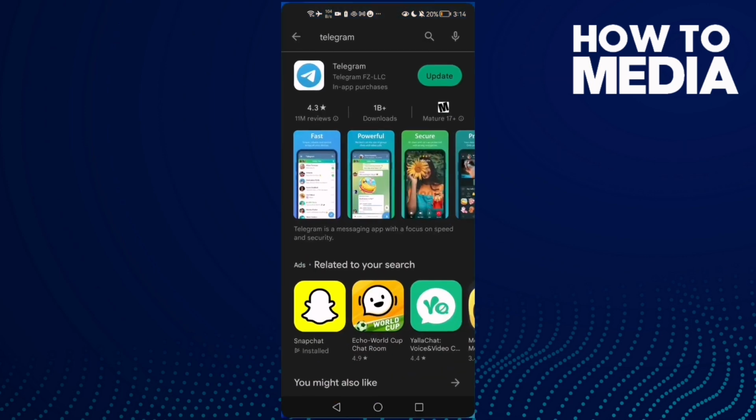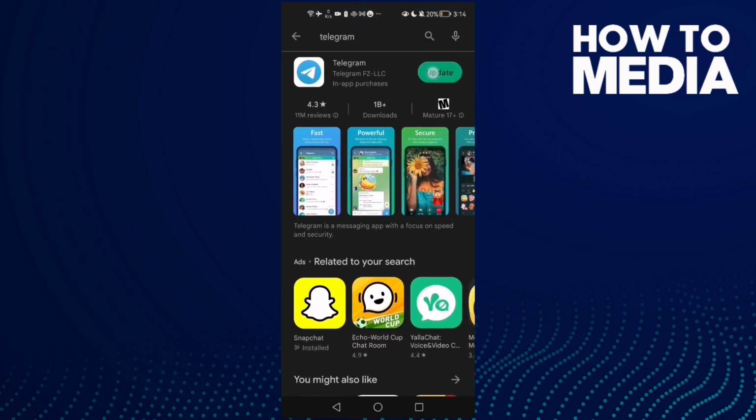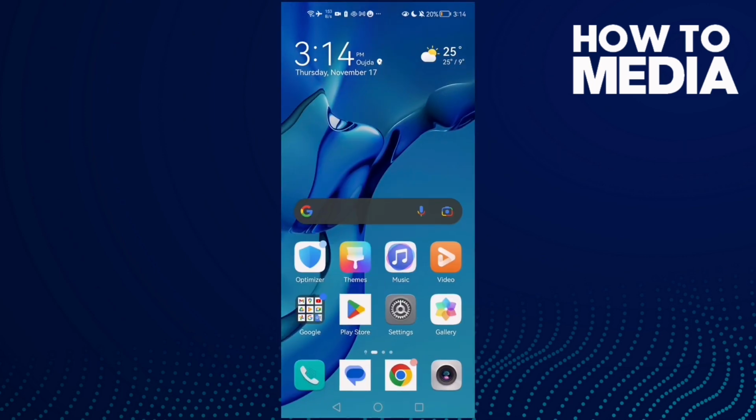Now go to Play Store and click update, and if that doesn't fix your problem now, it means that you need to clean some space. So just go to your gallery and then clean some videos and photos and try again, and I hope that